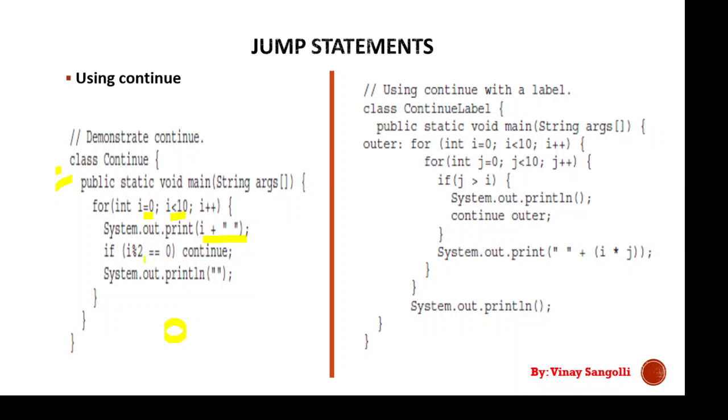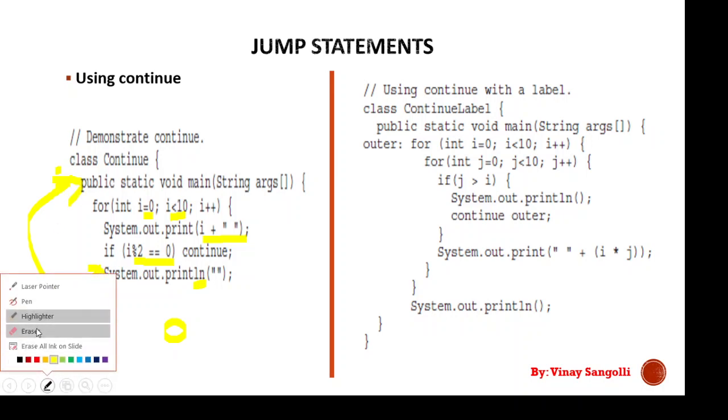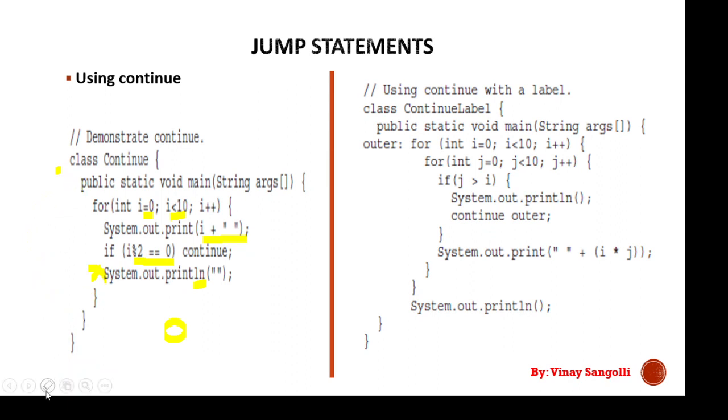And what is happening here? Is 0 equal to 0? True. So if this is true, continue. Continue means what? Here we are printing the next line. println, the ln tells us that it will be printed in the next line. So it will skip this, which means it will not execute this line and it will go for the next iteration, which is from here to here.